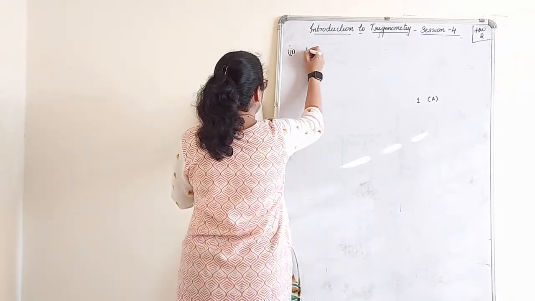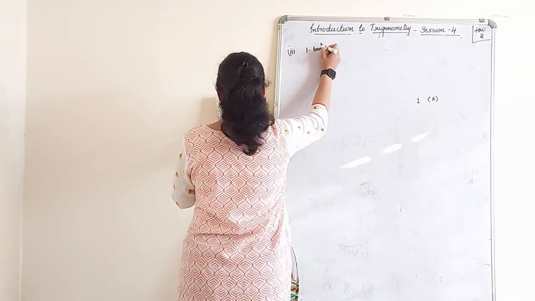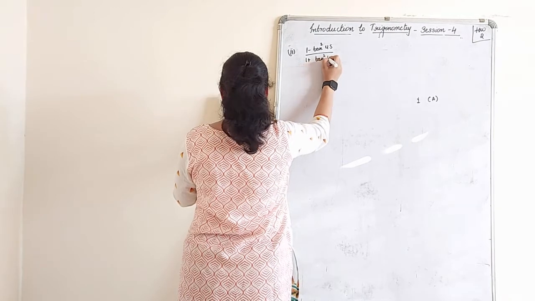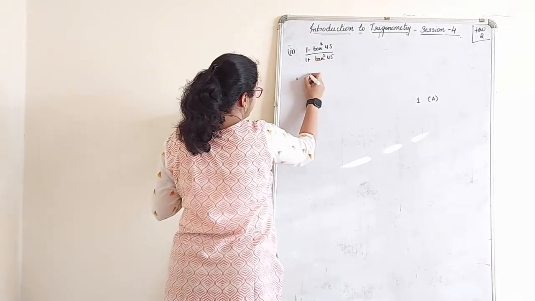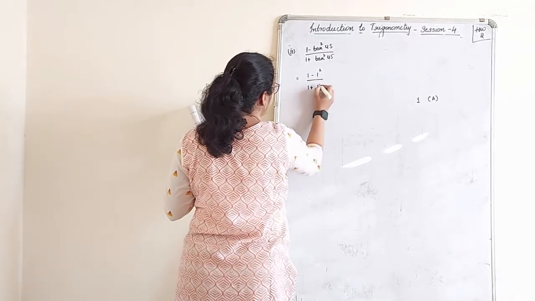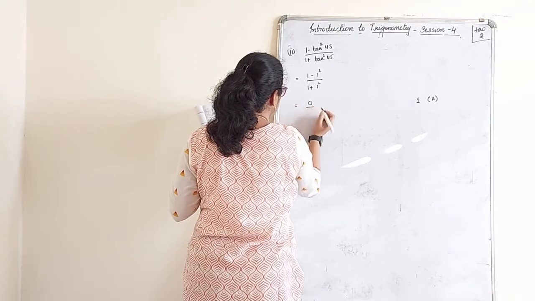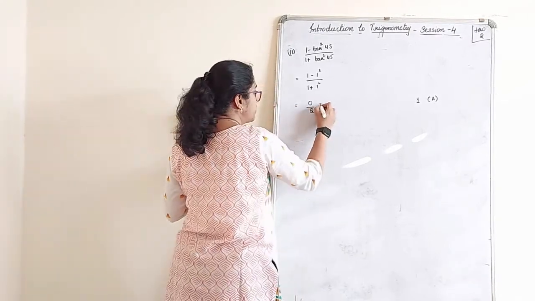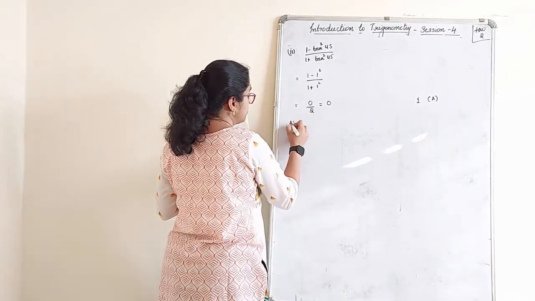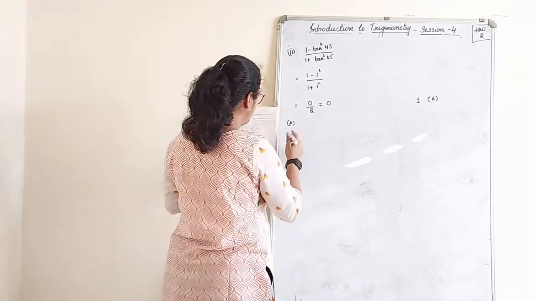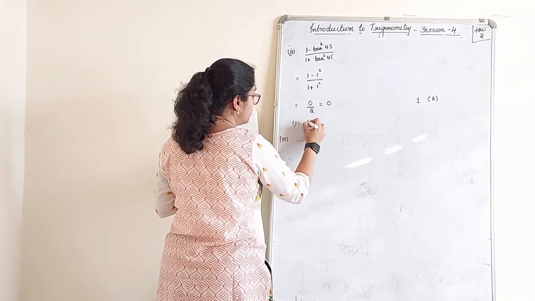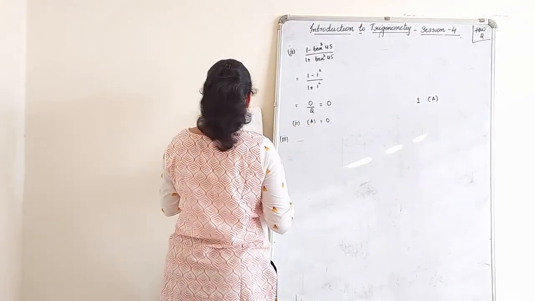Second MCQ: 1 minus tan square 45 divided by 1 plus tan square 45. What is tan 45? It is 1. So 1 minus 1 divided by 1 plus 1. Square is again 1 only. So this is 0 by 2. Anything which is 0 by 2 is 0. The direct answer you can take here, answer is A, the first option. So the second MCQ option is A, that is 0.